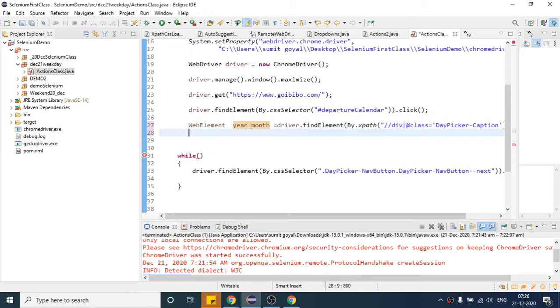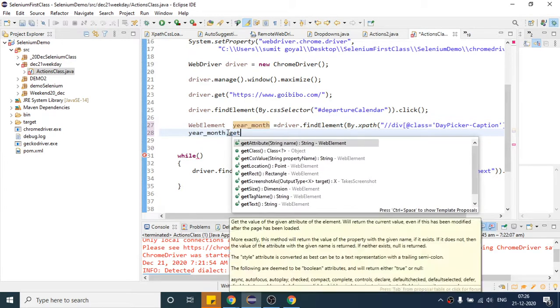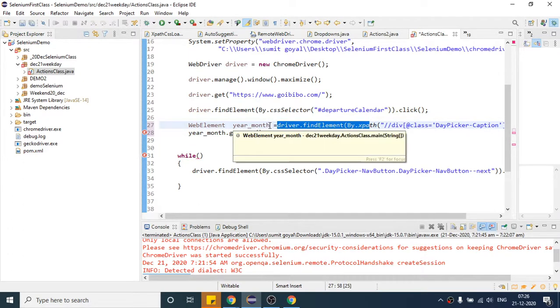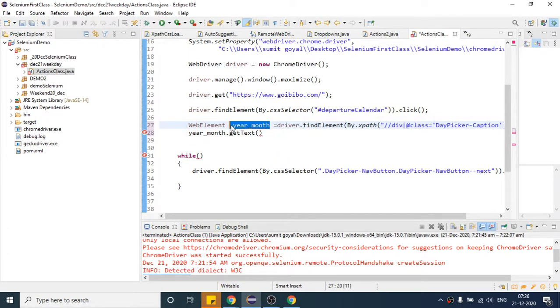After that I can write like this as well. Both are the same. Get the text. You can provide get text after this line only, or first capture that in one variable, because this variable is also accepting a web element. This line is also a web element, and once you get this you can use get text.